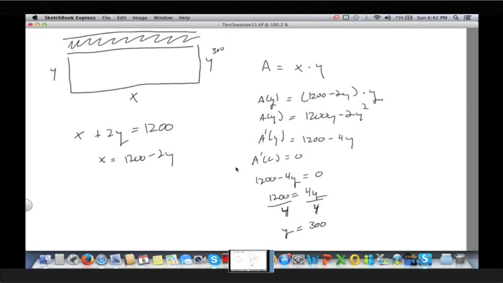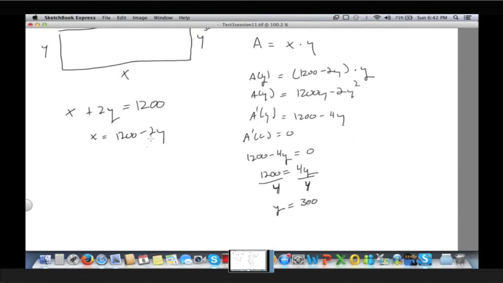We don't know yet. So now I can find x by plugging in for y. So x equals 1200 minus